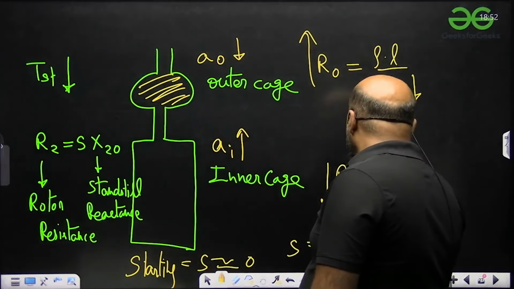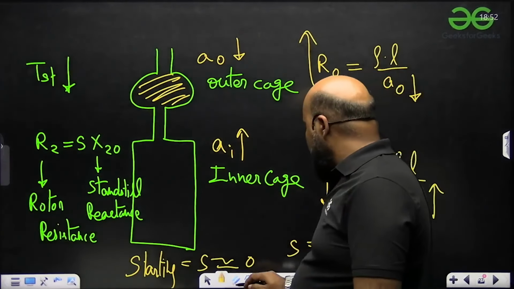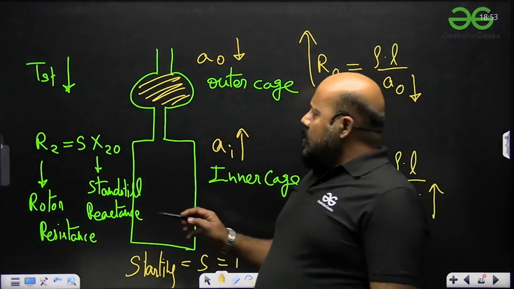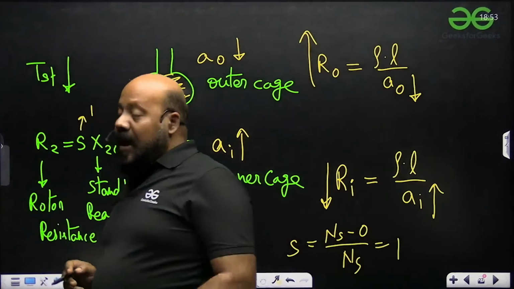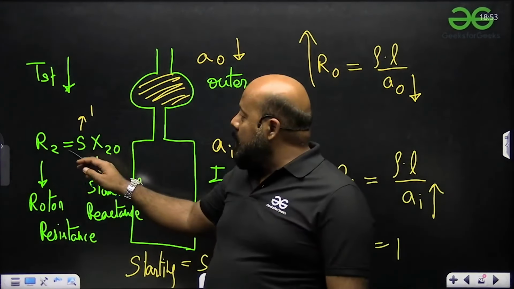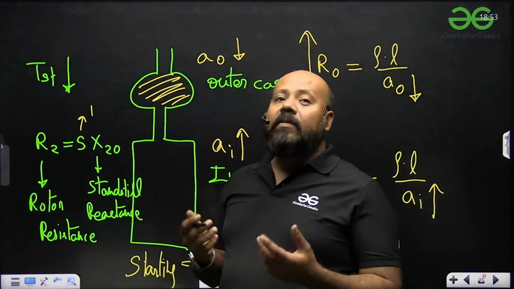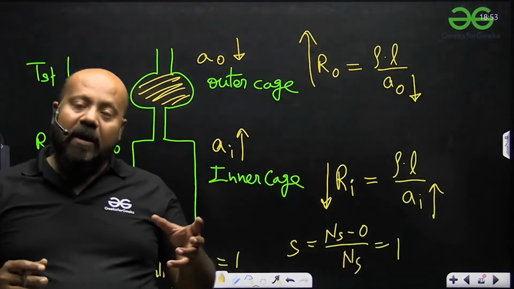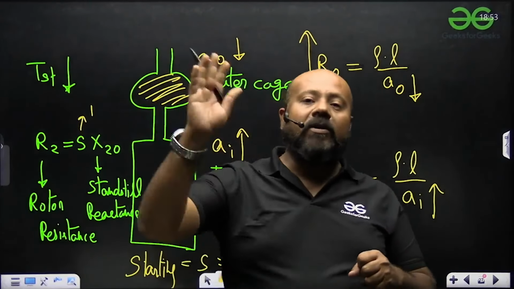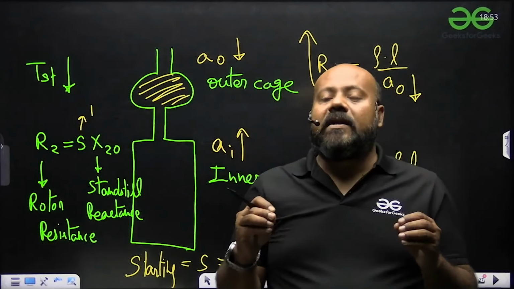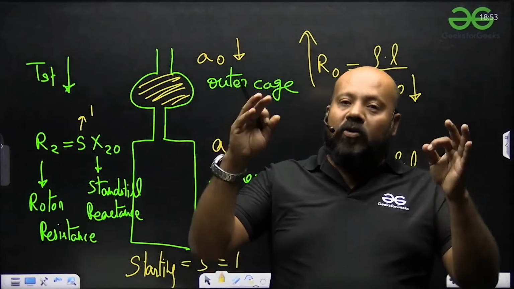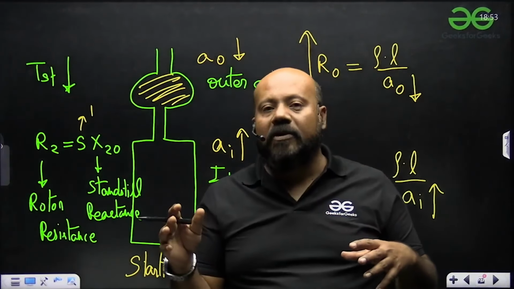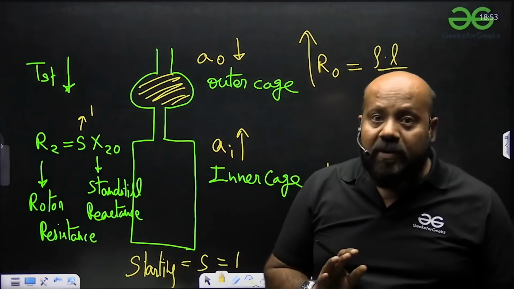(Ns − 0)/Ns, तो स्लिप की वैल्यू है 1। स्टार्टिंग में स्लिप की वैल्यू 1 होने का मतलब है कि स्टार्टिंग में आपको मैक्सिमम टॉर्क तब मिल सकता है जब रोटर का जो रेजिस्टेंस है वो उसके रिएक्टेंस के बराबर हो जाए। बट ये तो हो नहीं सकता क्योंकि इंडक्शन मोटर के रोटर का रेजिस्टेंस बहुत कम है और उसका रिएक्टेंस बहुत ज्यादा है। तो हम कुछ ऐसा करना चाहते हैं कि स्टार्टिंग के टाइम पर रोटर का रेजिस्टेंस किसी तरीके से ज्यादा हो जाए, और जैसे ही रेटेड स्पीड पर हमारी मोटर पहुंचेगी तो फिर से रोटर का रेजिस्टेंस कम हो जाए।